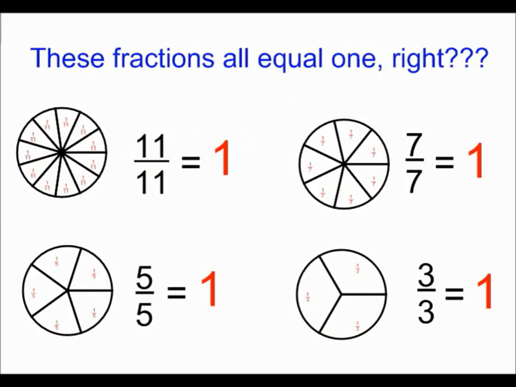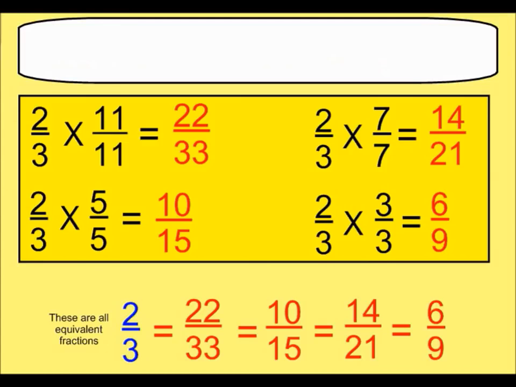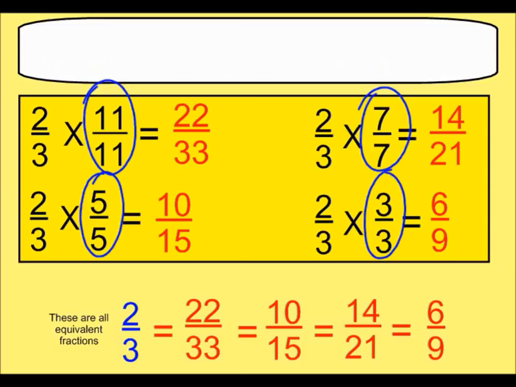Well, that's real important. All of these fractions here are equal to 1. 11/11ths, 5/5, and so on. All of these equal 1, which means if we multiplied something times these fractions, it won't change the identity of that number. For example, if we took 2/3, all of these fractions right here are the same as 1. It's like you're multiplying times 1, which means you're not changing the identity of the original number. 2/3 is equal to 22/33. 2/3 is equal to